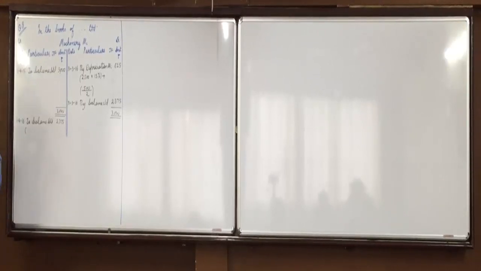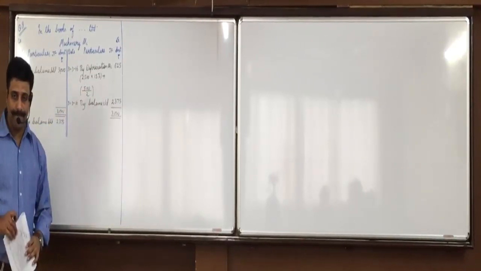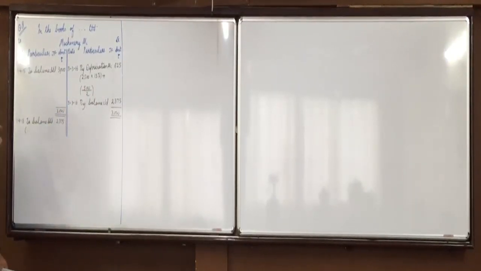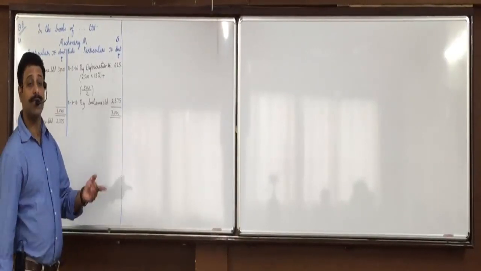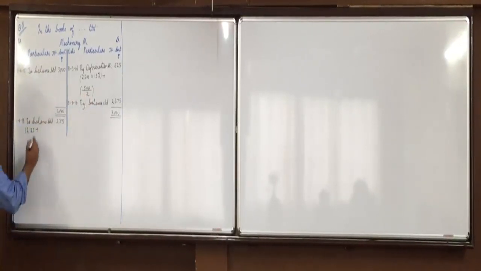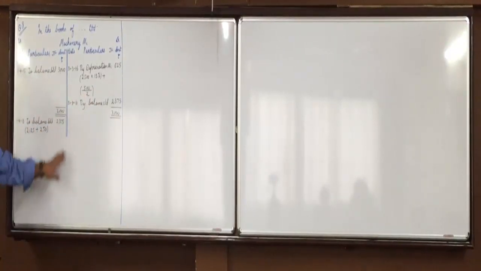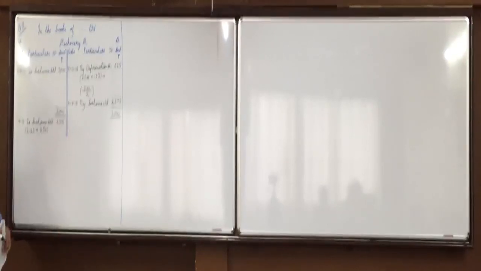For example, one machine was 2,500. On that the depreciation is 375. So 2,500 minus 375 is 2,125. The other machine was 500. 500 minus its depreciation of 250 is 250. So how does this 2,375 comprise? One machine of 2,125 and another machine of 250. Understood this? Okay, show this in brackets.